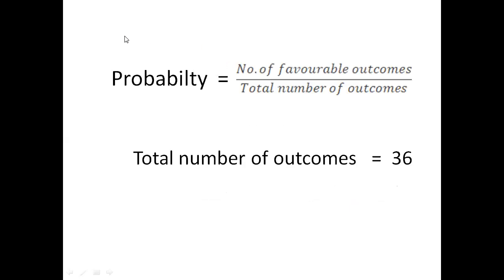So now in the problem, the required values are the random variable events and the corresponding probabilities also. The definition of probability is the ratio of the number of favorable outcomes to the total number of outcomes. The numerator has the number of favorable outcomes and the denominator has the total number of outcomes. What is the total number of outcomes here? 36.